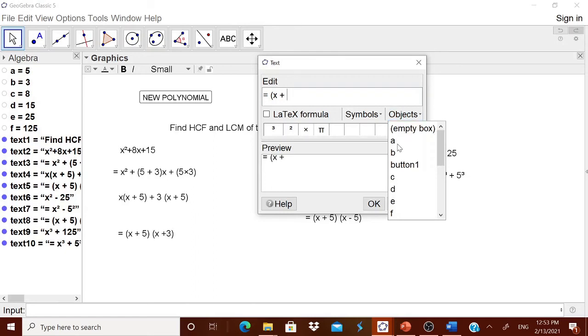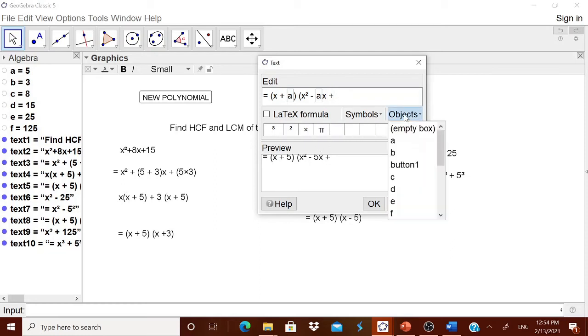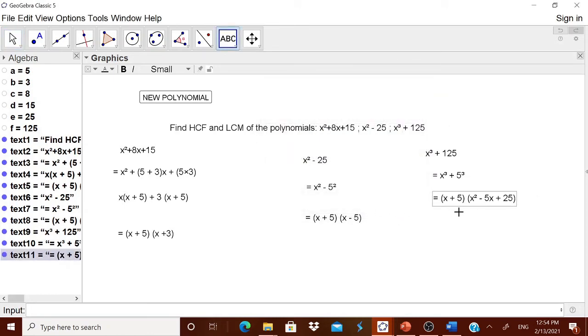From the object x plus a into x square minus ax, that is ab. Actually it is a into x plus a square, that is the second one. Therefore a square. Okay, now you can understand that you can expand it, x cube plus a x square minus a x square getting cancelled. Okay, now you got everything. Now this is factorized, this is factorized, this is factorized.